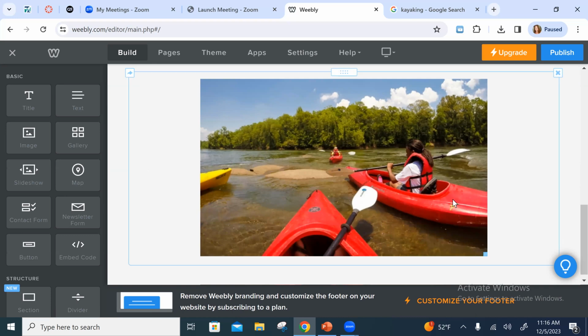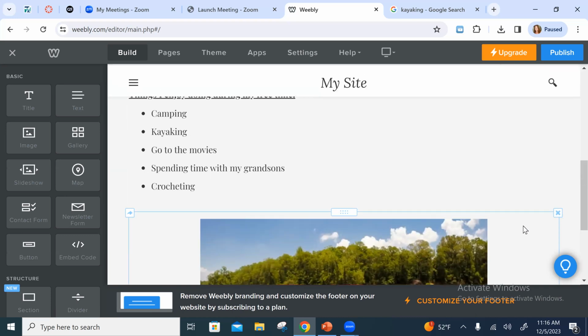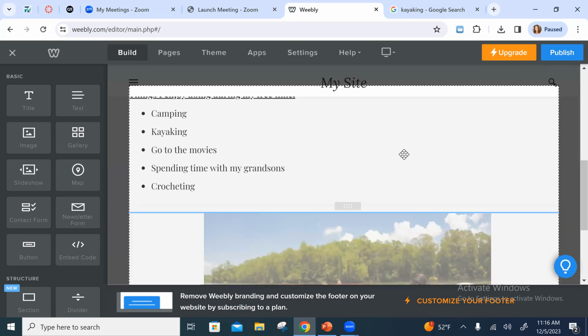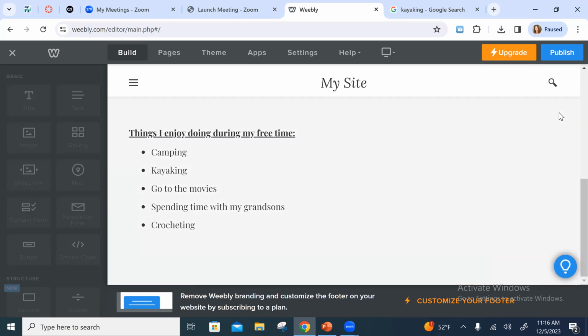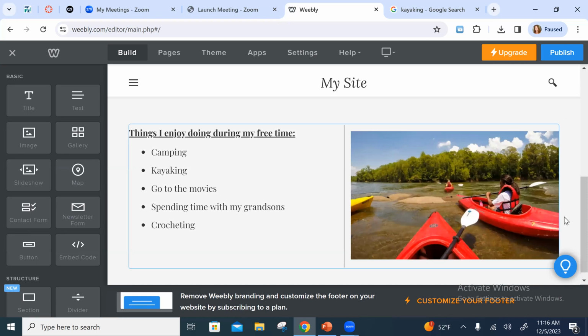If you'd rather have this picture, now I wonder if I can take it and move it to the edge. Oh, I did. And it went in there. Okay. I like that a lot better. Since I'm only doing 1 picture, I like the picture being beside my text. But it doesn't have to be. If you put yours below the text, that's fine. Even if you put it above the text,